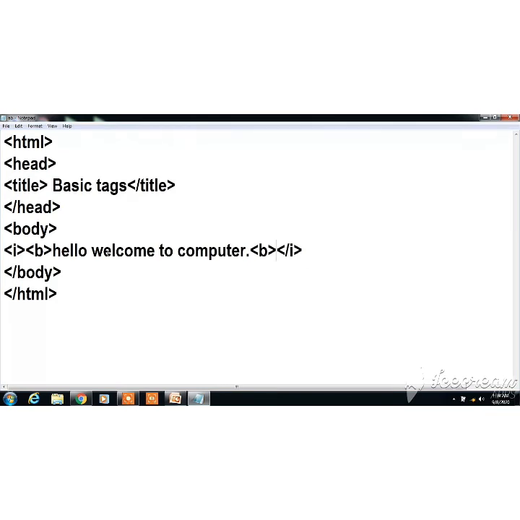Right? You understand this thing? First we have written italic tag, but at the end we will close it. After that bold tag, so first we will close the bold tag. Save it. So our text will become italic as well as bold.